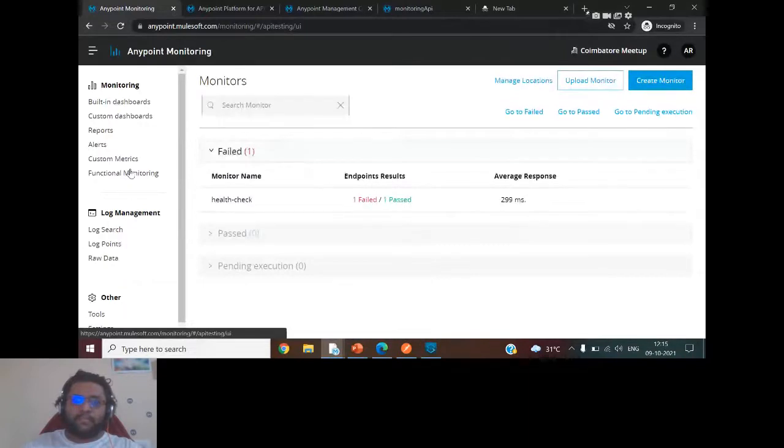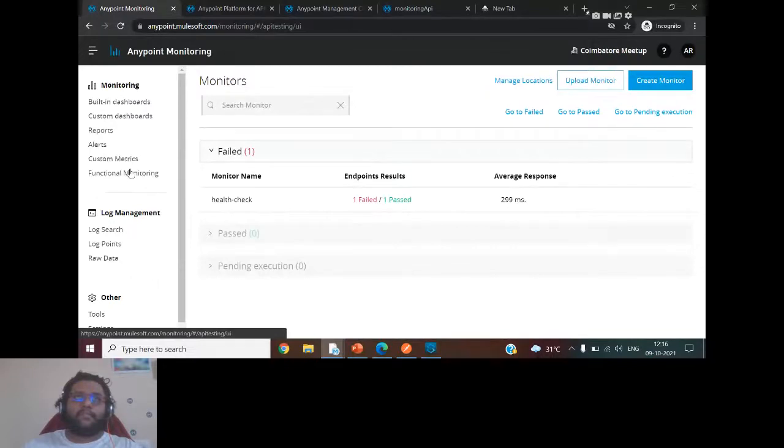Functional monitoring is all about how to create the monitors, and how to update and add the monitors. I will tell you how effectively I've used it in my project, and that is making sense. So let's talk about functional monitoring. That is going to enable you to monitor responses to requests, sending the API requests to their resource endpoints.